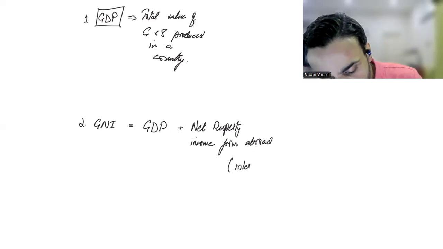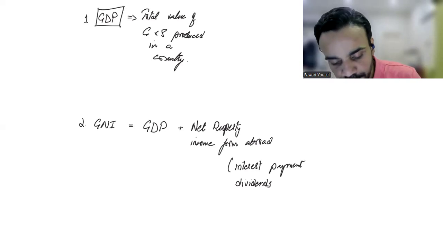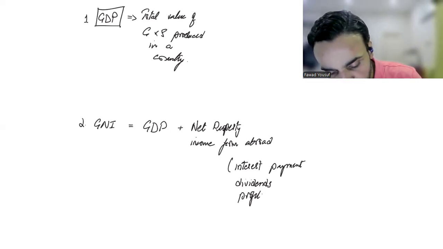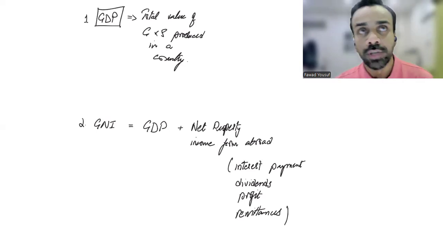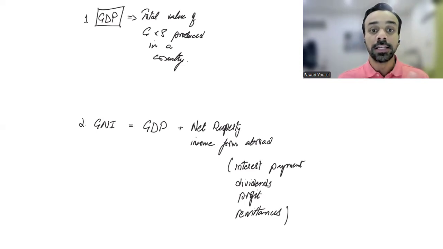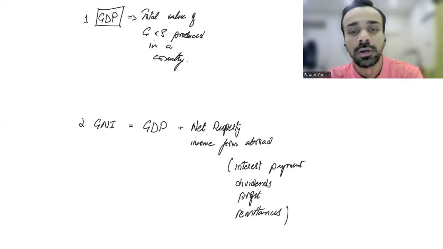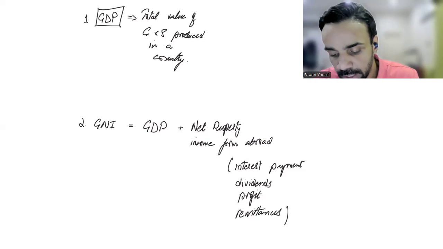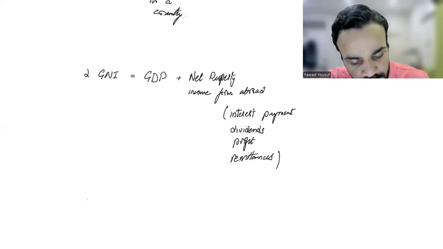इसमें interest payments भी आ जाती है, इसमें dividends भी आ जाते हैं, इसमें various kinds of profits भी आ सकते हैं, इसके अंदर remittances भी आ सकती हैं, right? So all sorts. Like for example, when I check papers for Cambridge, they pay me. तो वो वहां से जब remittance notice आता है, तो that is included in our GNI because the resource was Pakistani, बेशक वो foreign soil पे क्यों ना हुआ हो. Right? So ये हमारा दूसरा measure होता है GNI. Government do take this out also.